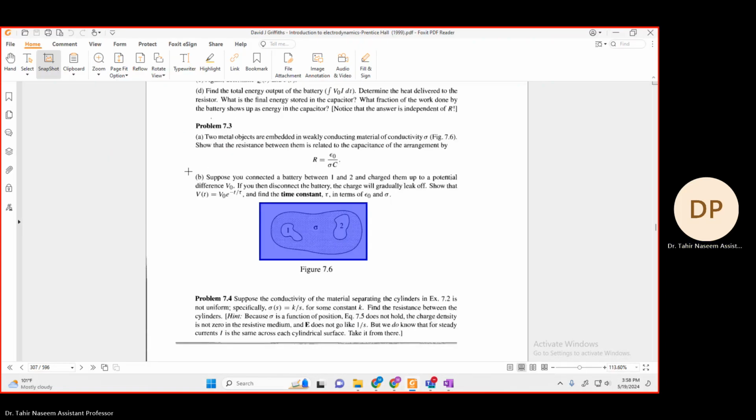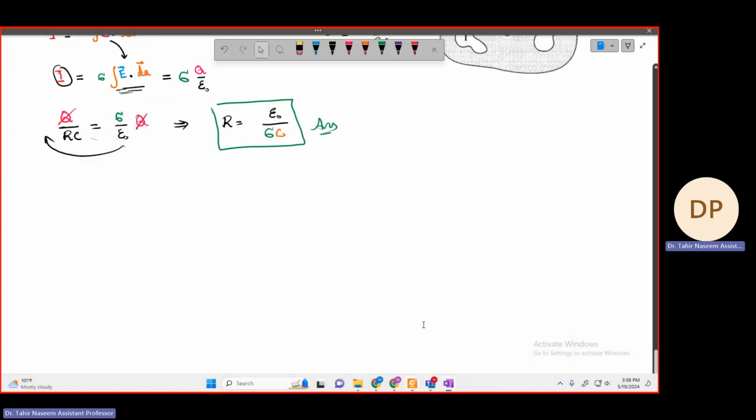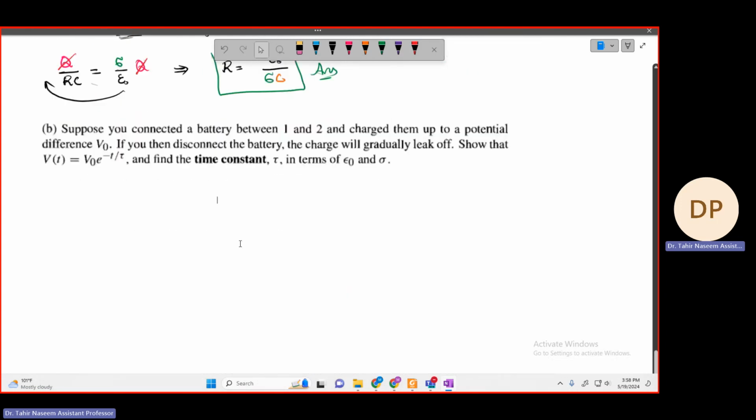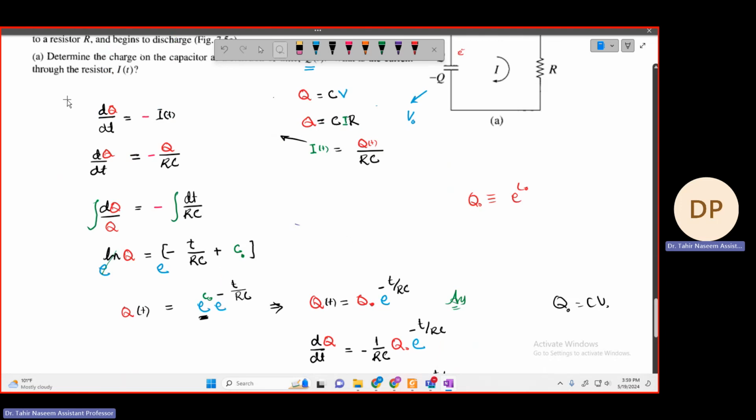ओके, इसका सेकंड पार्ट भी है, and this part is very much similar to what we have done uh, in the previous question। यहाँ पे जो हमने किया था यही कैलकुलेशन है, राइट। So I will not do the whole calculation, but I will just hint it out कि आप ये करोगे कैसे। तो suppose you connected a battery between 1 and 2 and charge them up to a potential V0। ठीक है, बैटरी को आपने V0 चार्ज कर दिया। If you then disconnect the battery, the charge will gradually leak off। तो चार्ज इसमें से चला जाएगा। शो दैट आपने ये शो करना है, राइट। तो इस केस में भी जो कैलकुलेशन होगी एज आई सेड यही होगी। सो वी विल फॉलो द सिमिलर कैलकुलेशन।